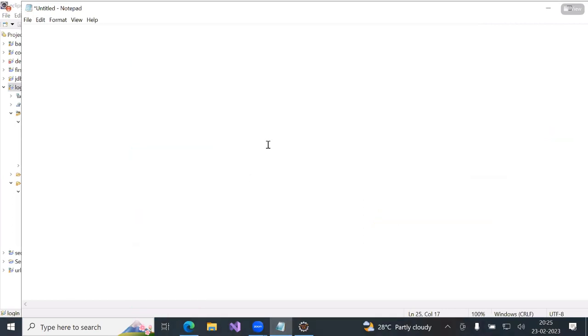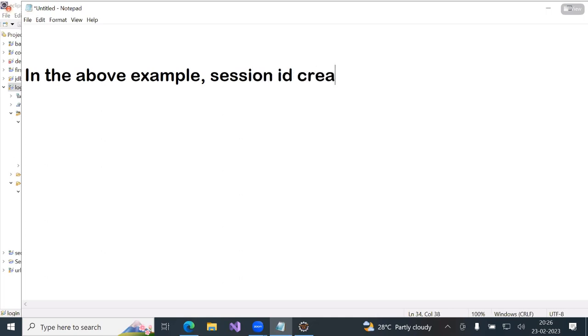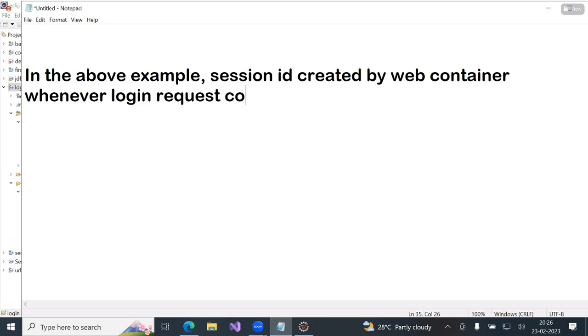Okay. Now write this one. In the above example, session ID created by web container whenever login request comes to a server,